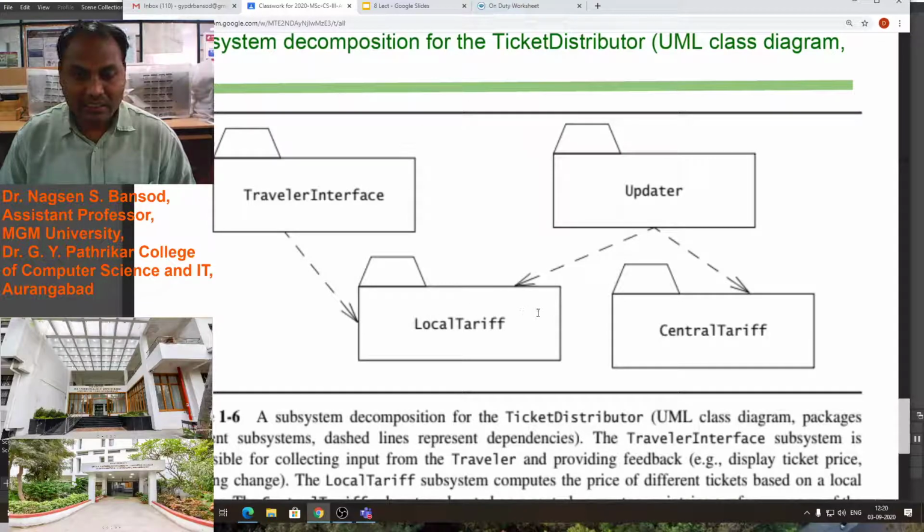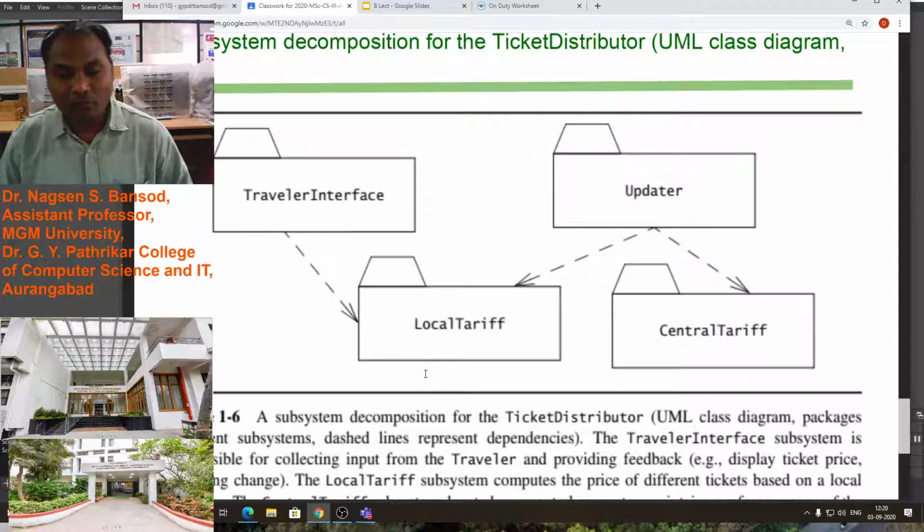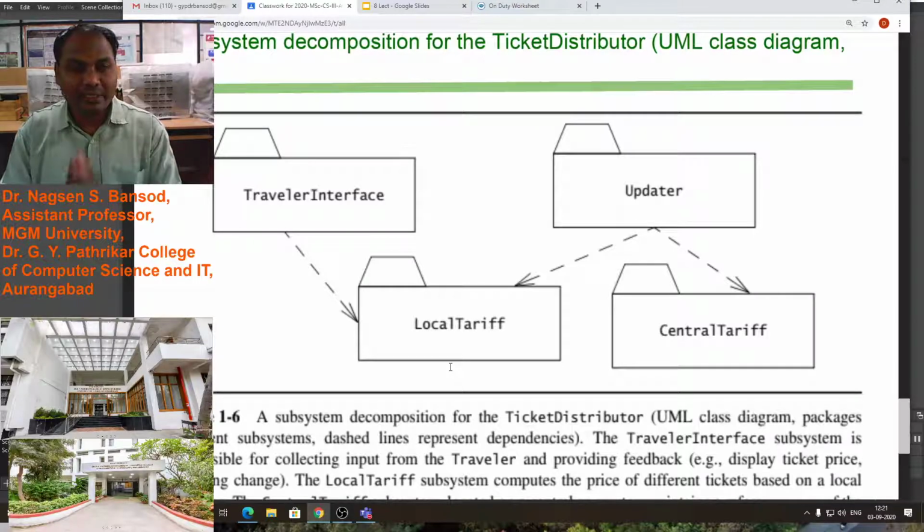In this class diagram we can say this is the subsystem. This subsystem we can use in another project, so we can say this is object oriented software engineering. One object we create can be used in another software, because we have designed a small component, a subsystem, individually.